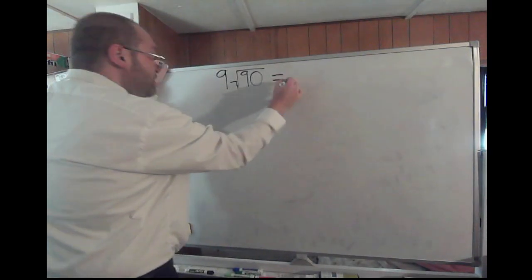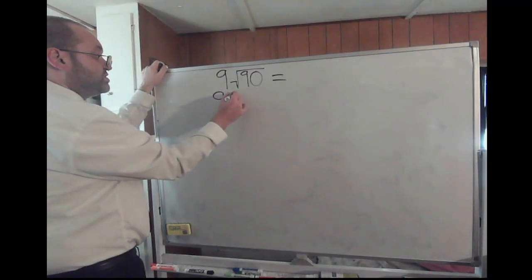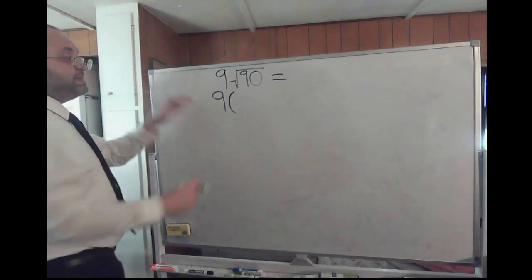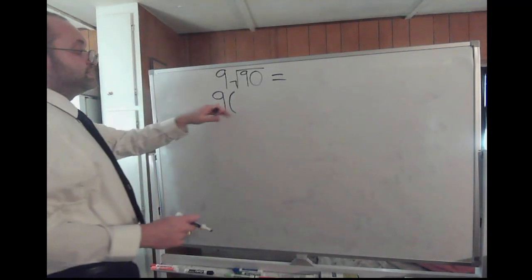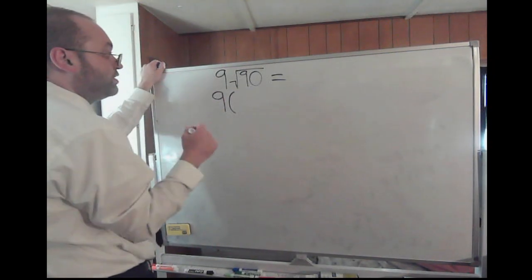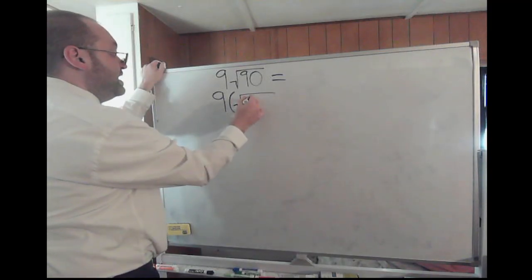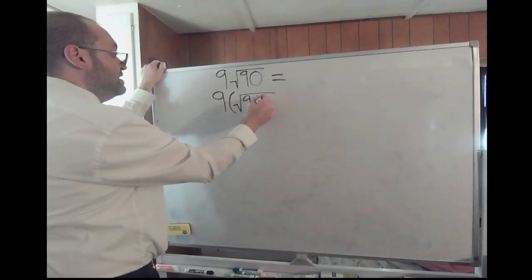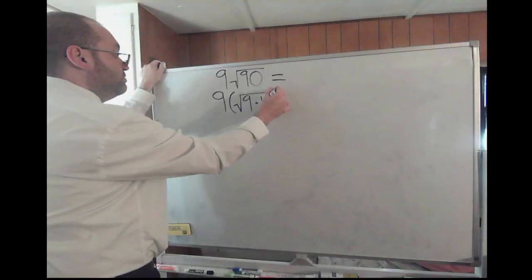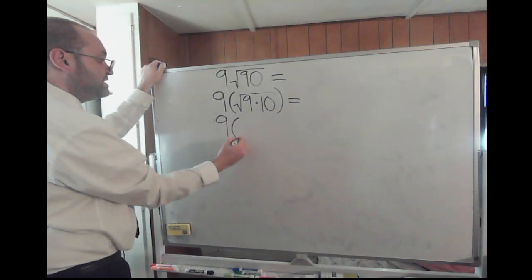Well, what I'm going to suggest is you take that 9, then multiply it by some parentheses. Keep that 9 outside of the parentheses. So forget about your 9 for a minute. Focus on factors of the square root of 90. Well, we know we can have 9 and 10. 9 and 10 are factors of 90, which we know this will turn into 9 times the quantity of